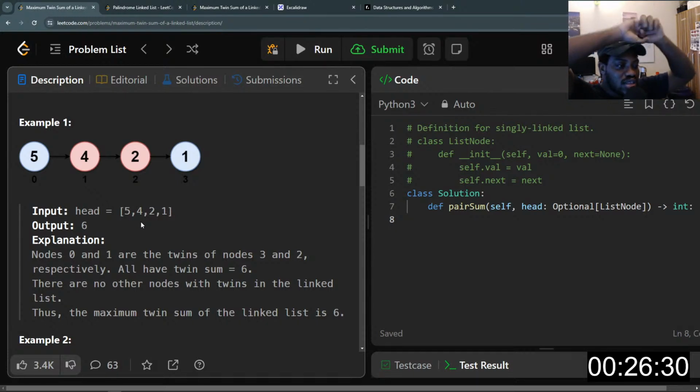So the twin is basically two nodes. We'll add those two values and see which addition of twin nodes has the maximum result. So when we add, 5 is the twin of 3. You can see the position at which they are is similar to